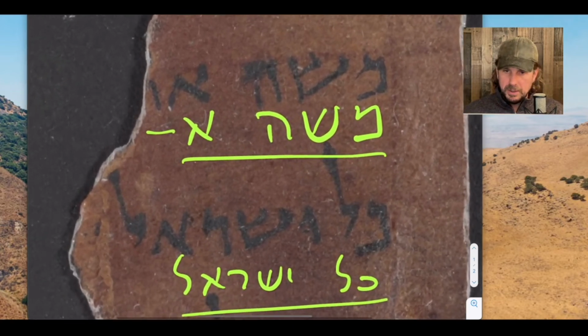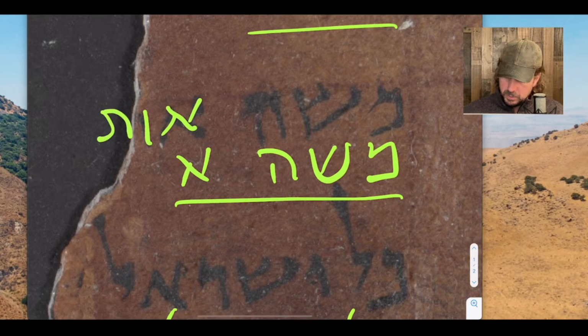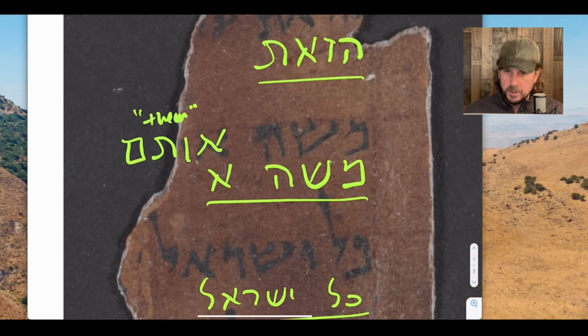What we know here is that it's aleph, and then that's a vav, otam, and it means them, which means the last word on the previous line, way down here, would be vaitzav, and he commanded, vaitzav Moshe